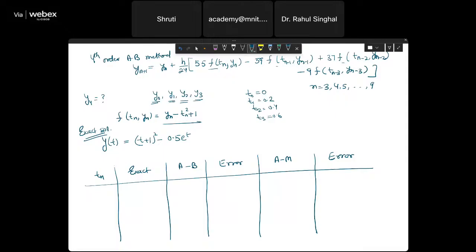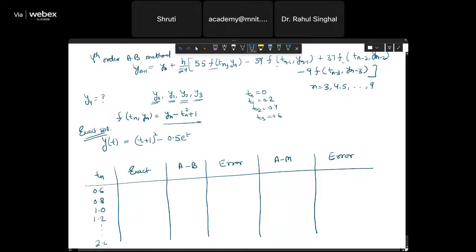Here, for the Adams-Bashforth method up to 0.6, we'll calculate and start from 0.8. So this is going to be calculated over here. I'm not listing everything, just the first few values, let me write them down, and it will keep on going up to 2. The exact value in this case